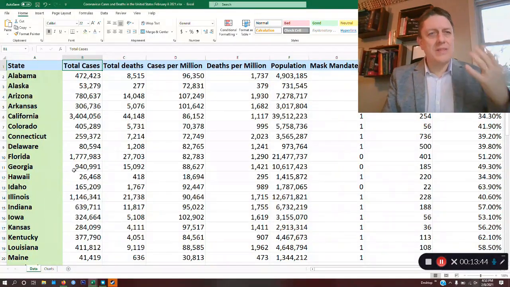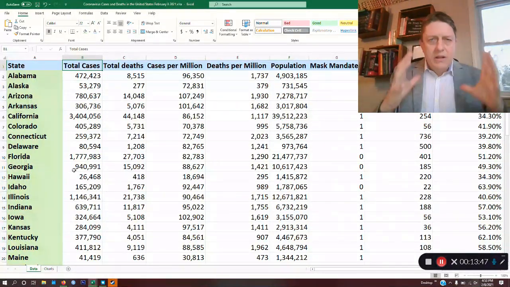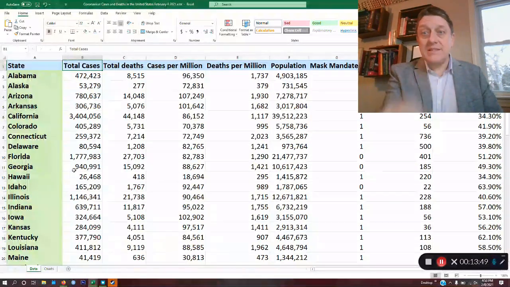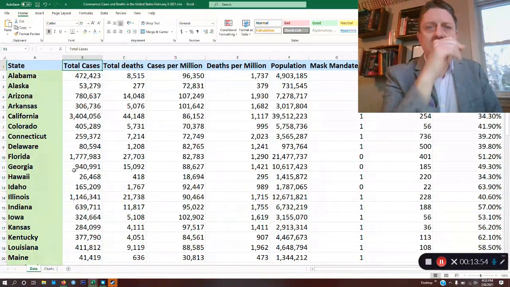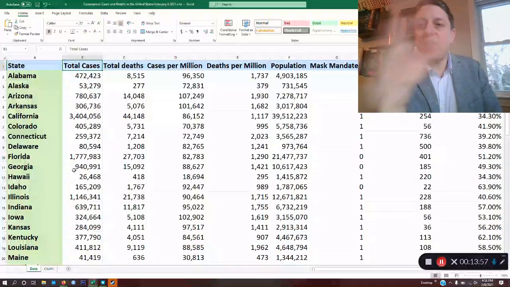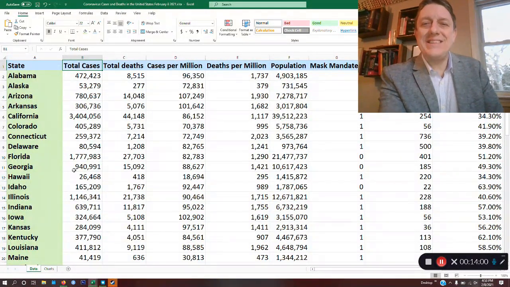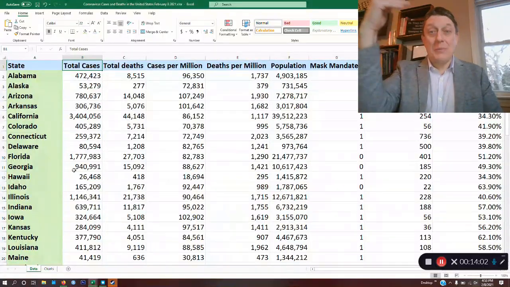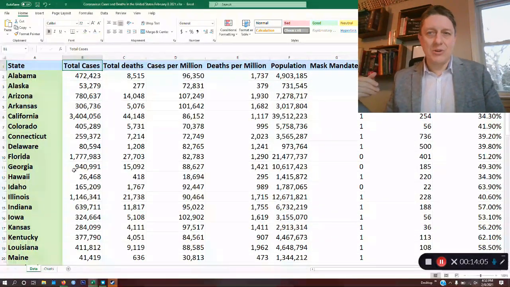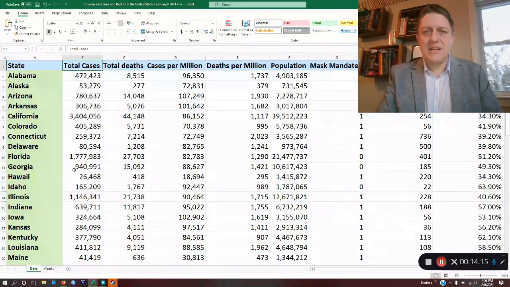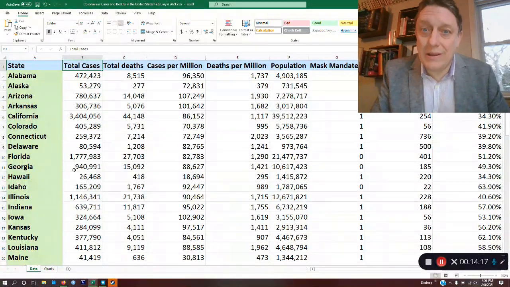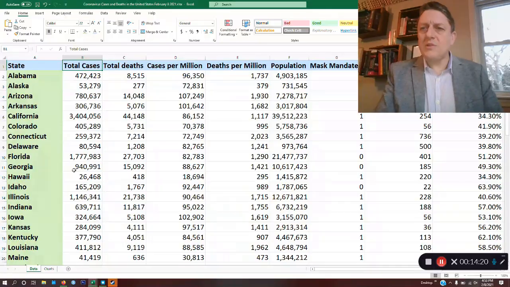So, with that in mind, the great thing we can do here, another example, is that we can combine these and calculate some variables. So for instance, from population, and then if I took the square mileage of each state, I could take the total population and divide it by the total square mileage of a state, the number of square miles. And you'll see that although California has one of the largest populations of the United States at 39.5 million, it's also a really big state.